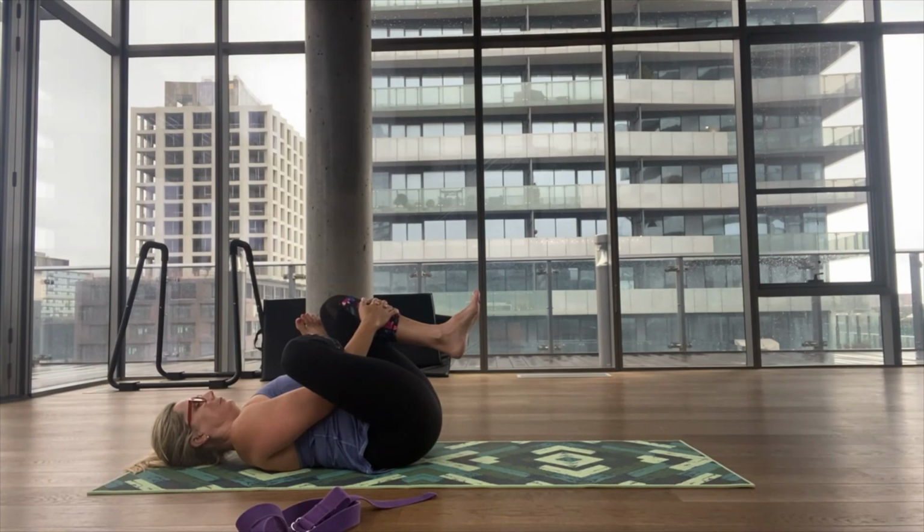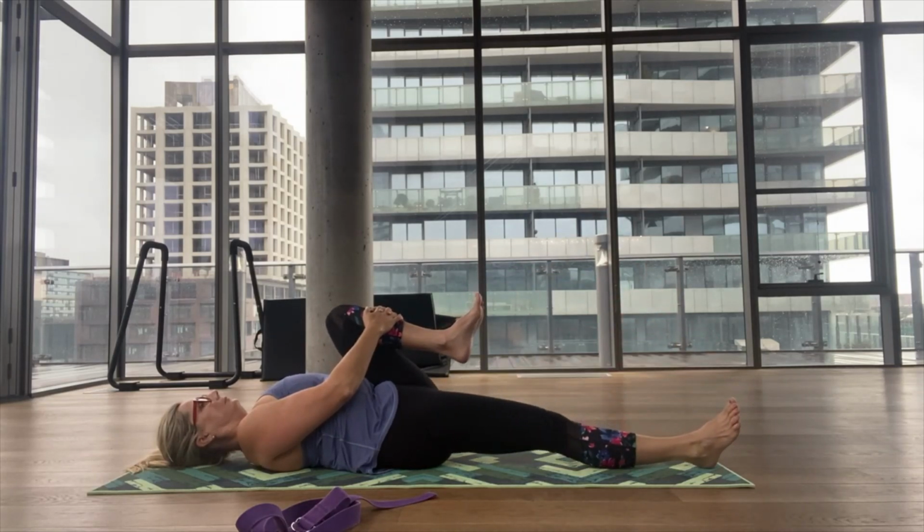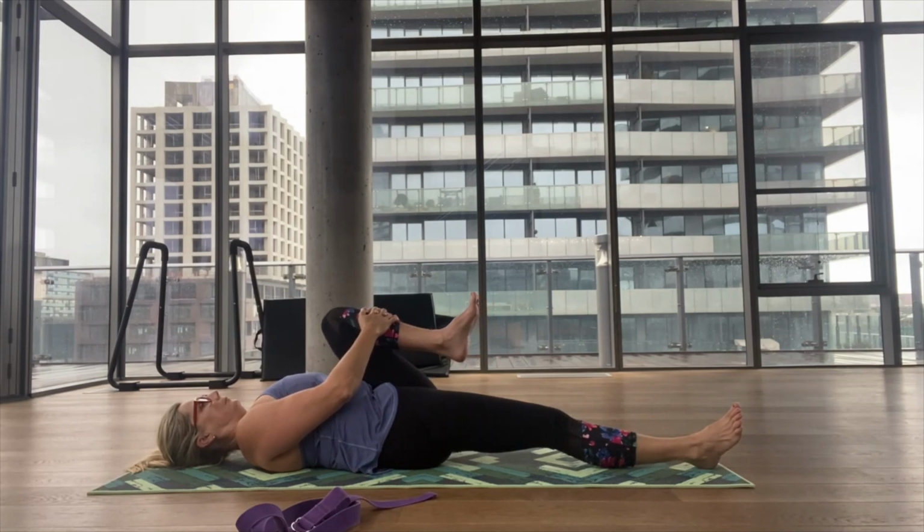Hold on to that left shin and then allow the right leg to come long down the mat or the towel. Breathing in and then breathing out and pulling the thigh in a little bit closer to the chest. So you're pulling the left thigh in towards the chest, never towards pain. Just noticing what that feels like. Now